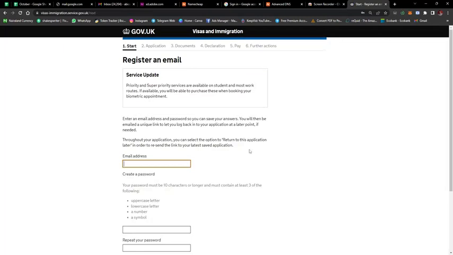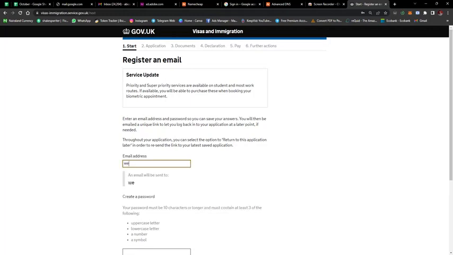Okay, so all the information I'll be entering here in this student visa application is fictitious. Every information is fictitious. It means that it does not bear any resemblance to any living person. I'm just bringing out these names and information and data from my head. So let's say Westgate. So email